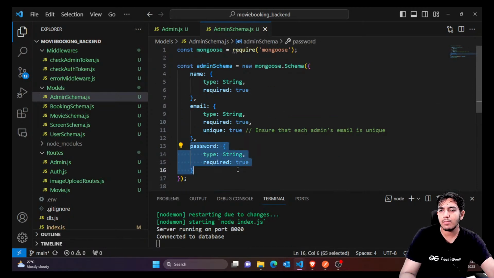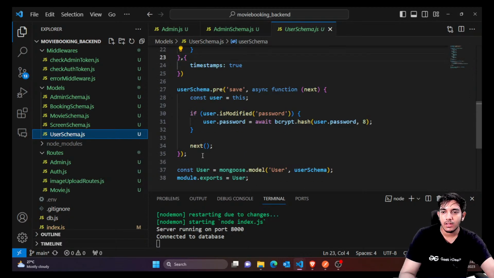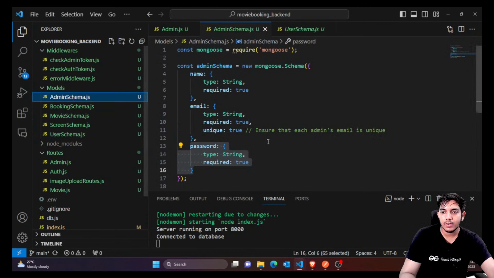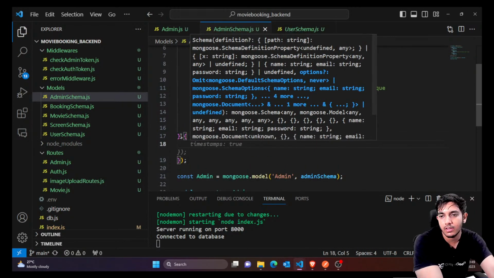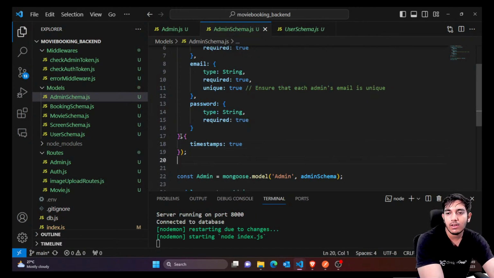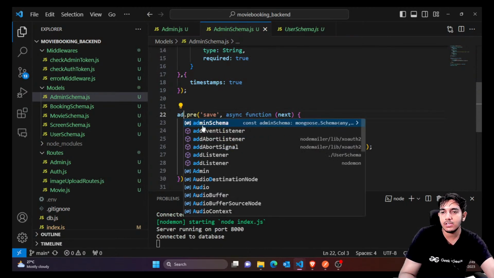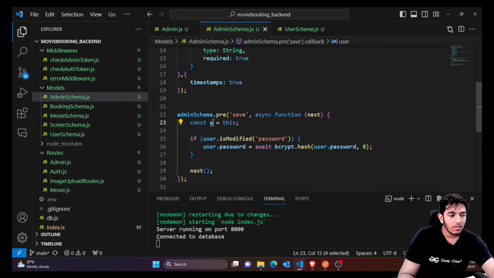You can also provide a password hash. For that, what we can do is take the user schema, copy this, and go to the admin schema. First thing is, whenever you are trying to update something, always pass timestamps as true. This would give us the exact times when things were accessed. So, on the admin schema, just before saving the schema, I'm saying from here,